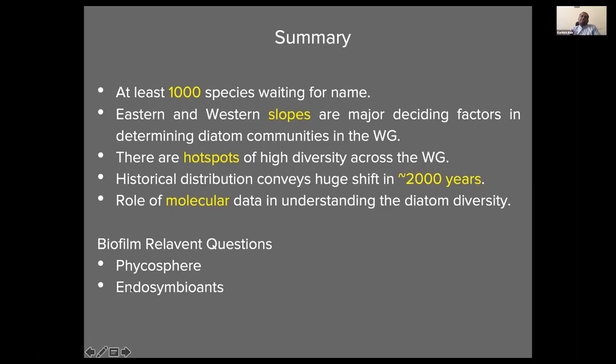So from our studies, we found at least 1,000 species which need formal description, and eastern slopes and western slopes are the major determining factors for the diatom community on the riverine biofilm. And there is a huge shift in the diatom community historically in the Western Ghats. And we are also recently using molecular methods to identify the species. So we culture the species and then extract the DNA, and then based on rbcL, we work on